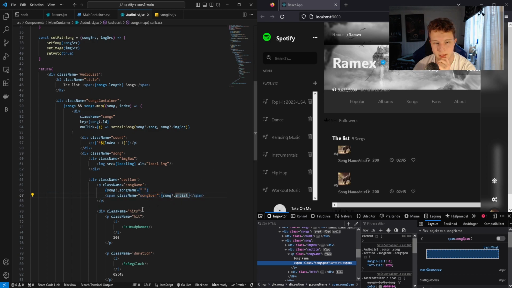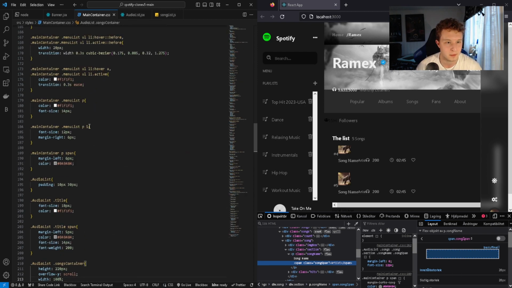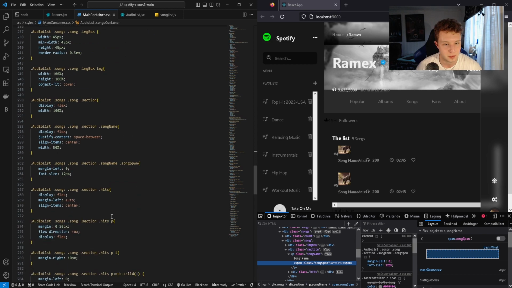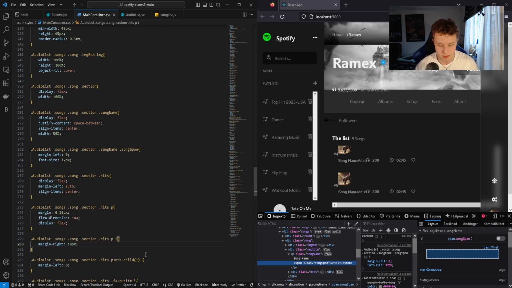But we also have an icon in here, and this is probably the headphones. So it's in hit and I. Okay, and that's essentially the P tag and I. So we want to add some margin left to the headphones, which is going to be the I tag. We have to go to, let's check this again. It's inside the hits. So let's go to hits here, and we have the P tag and the I, and we have margin right. So we also want to add a margin left here,